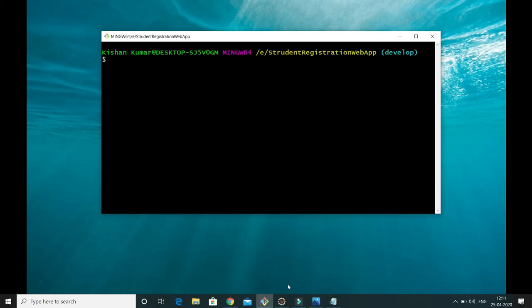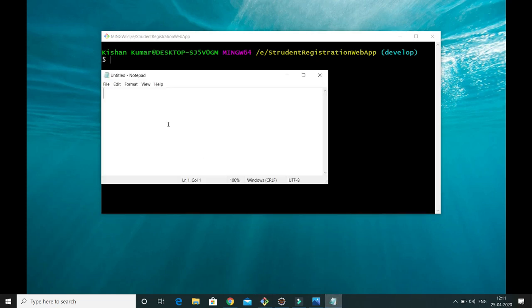So let's move ahead. Here I'm going to show you git reset. The command basically has three parameters. There are three variations. First is git reset soft, then we have git reset mixed, and then finally we have git reset hard.